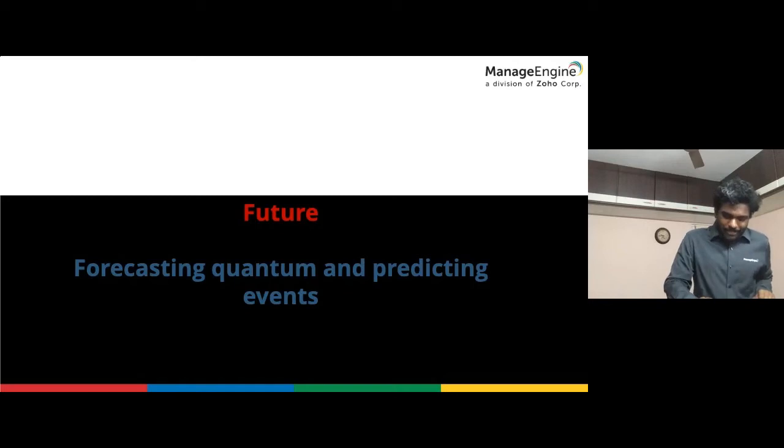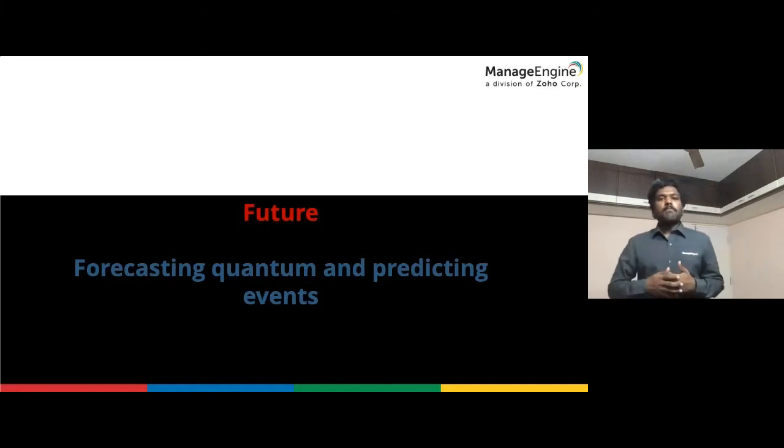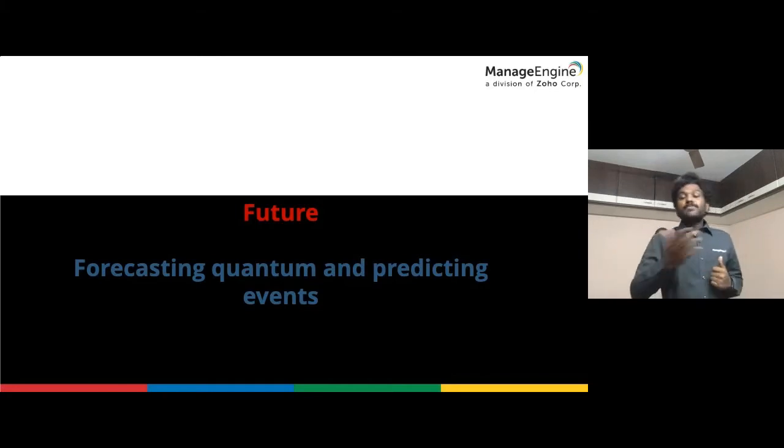Any interesting monitoring setup can actually tell you what is holding for the future, right? So it can be just forecasting a particular quantum. Let's say you have a time versus value field, and you can just forecast and say, okay, what is going to be my response time 2 weeks from now? What is going to be my response time on Christmas Eve?